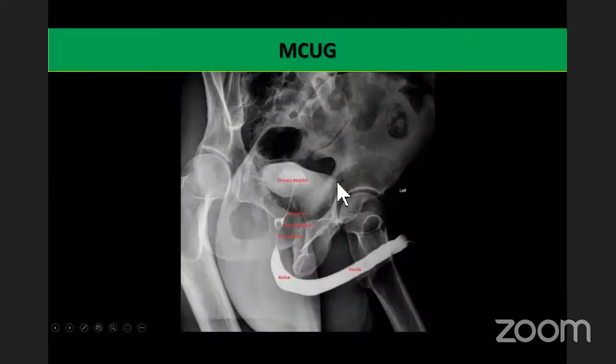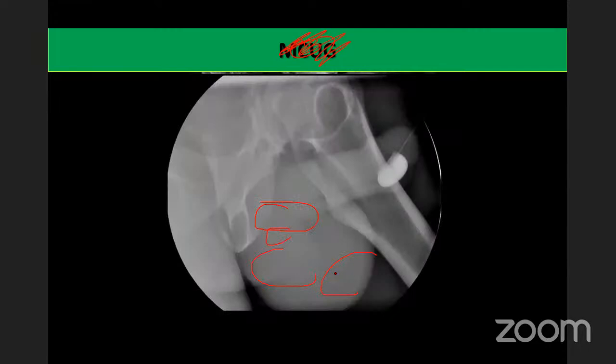Okay, so this is how the urethra was divided. Sorry, this again I told last time, this is wrongly named. This retrograde urethrogram is showing the anatomy. We can see the penile part, the bulbar part, the membranous part, and the prostatic part. Okay, inside the prostatic urethra there is a protuberance which is called the verumontanum.